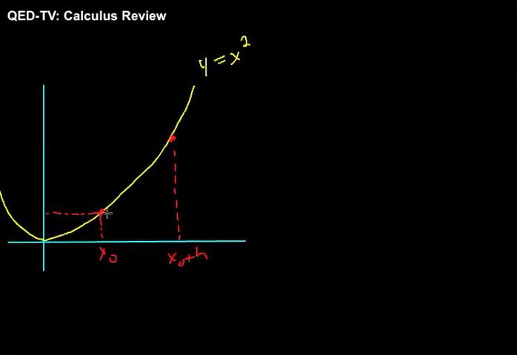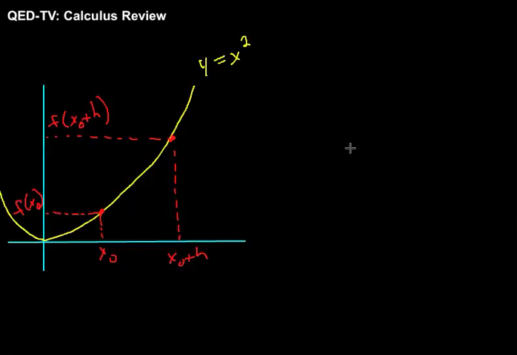Well, this is the function of x naught, and right here is the function of x naught plus h. And the thing is, we actually know what the function of this thing is. So the function is x squared. So the function of x naught would be x naught